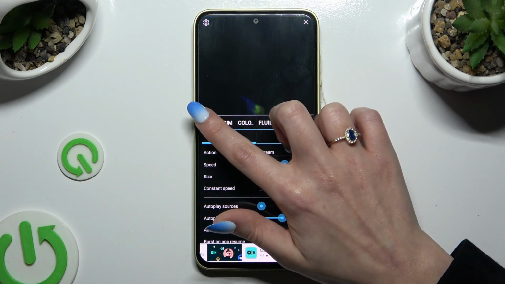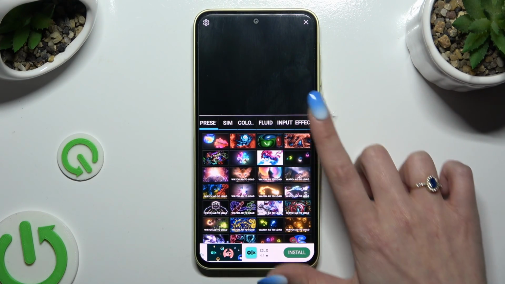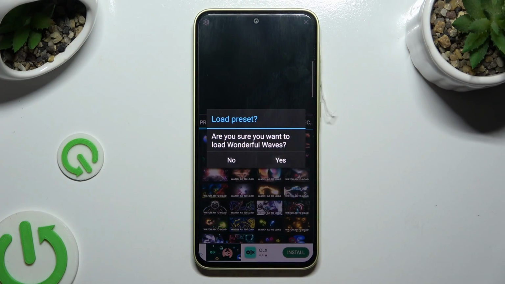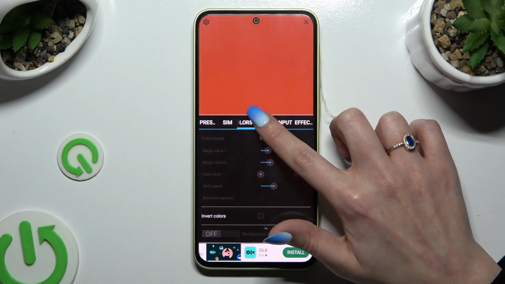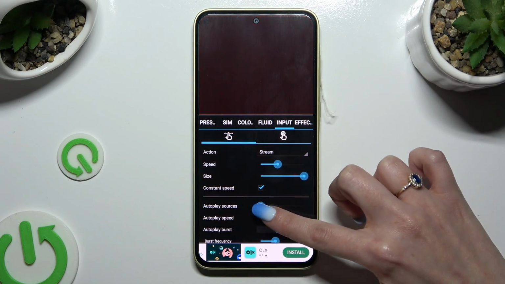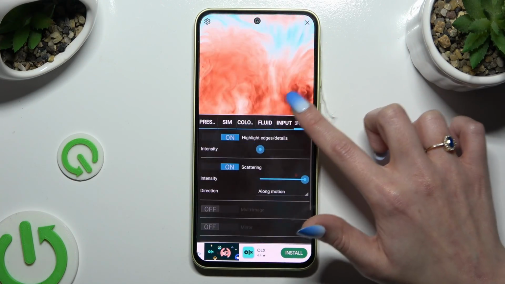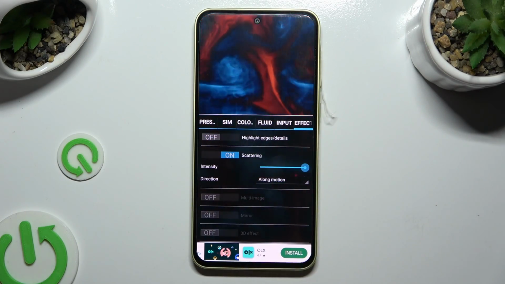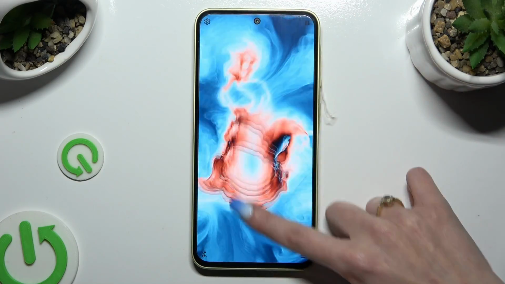And even select presets to pick one of those. After finding the best one, click on it, select Yes, and manage all of its settings. When you finished, click on this X at the top right corner,